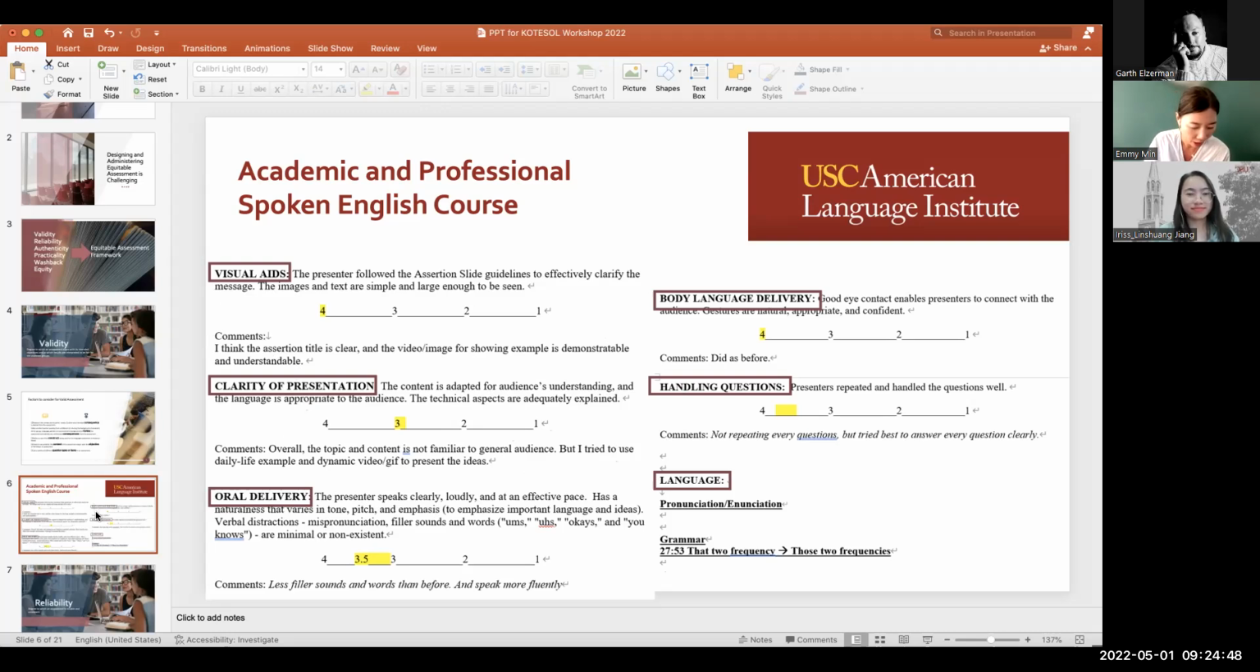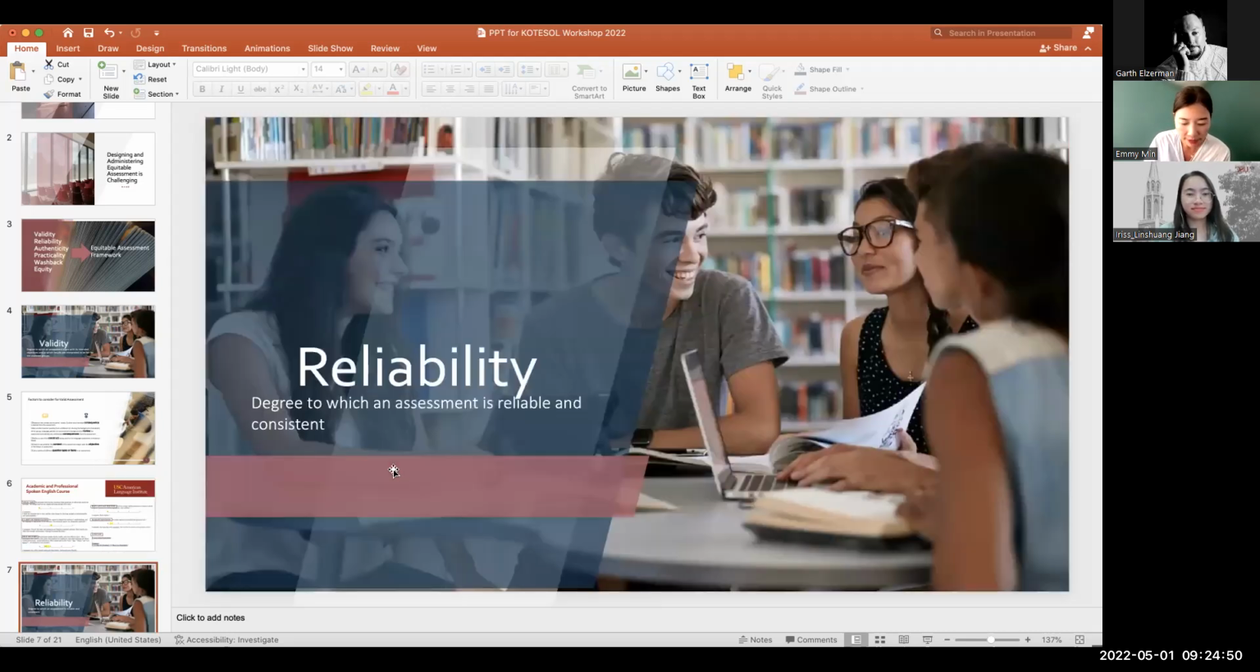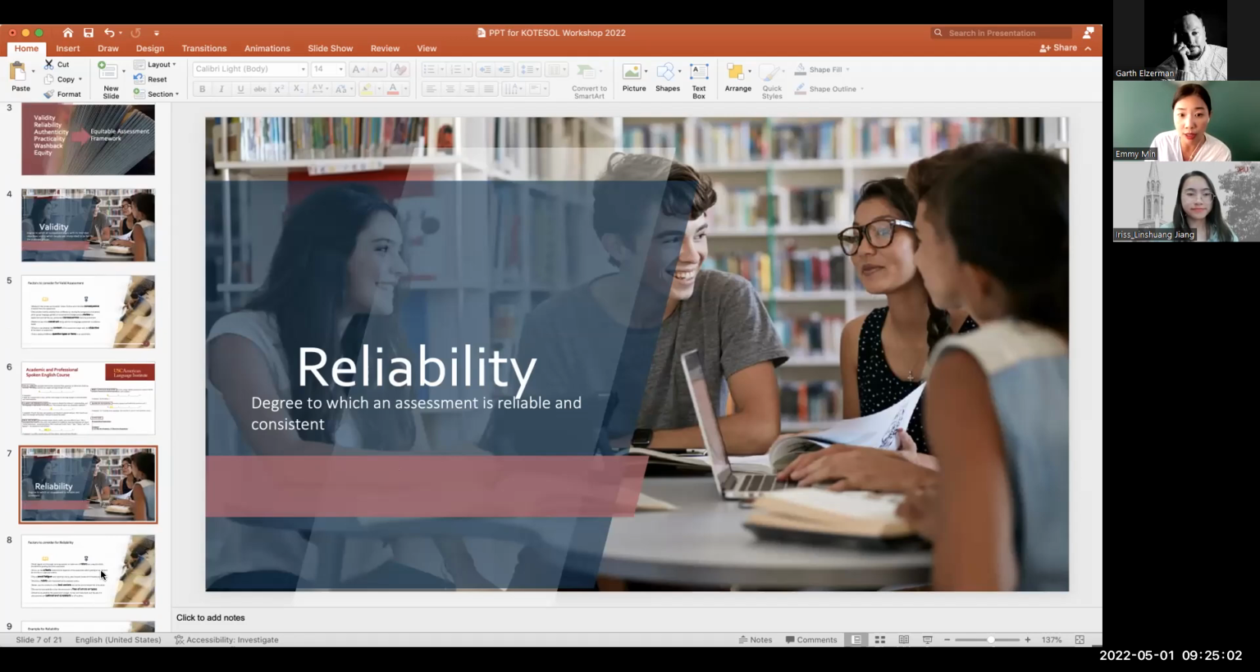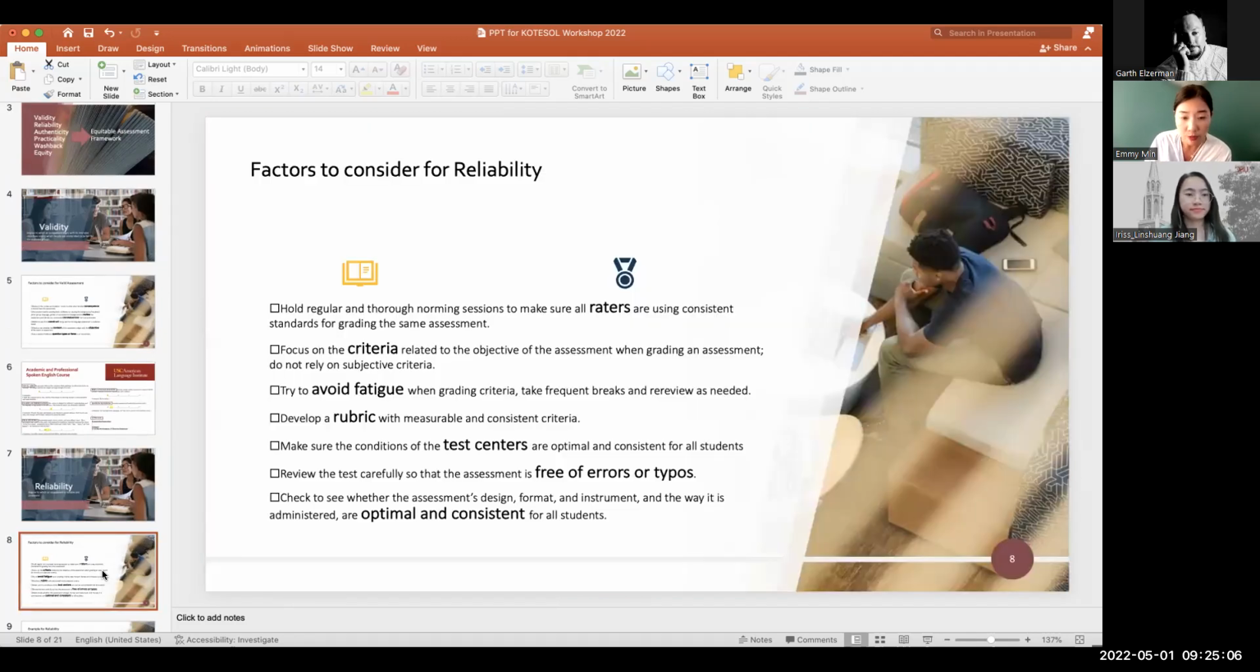All right. The second construct, or second principle as I call it, is reliability. Reliability is the degree to which an assessment is reliable and consistent, meaning that you have to have a consistent way to measure student performances and skills. So sometimes there are typos, or your Scantron machine does not work, or there is more than one rater who has different standards of grading,